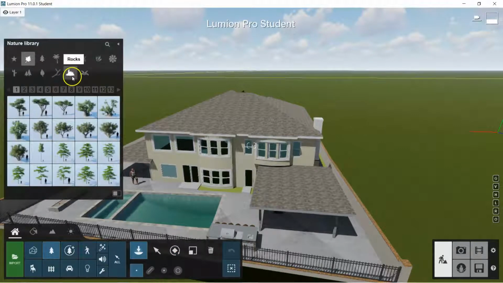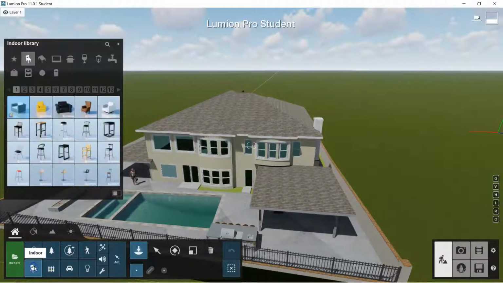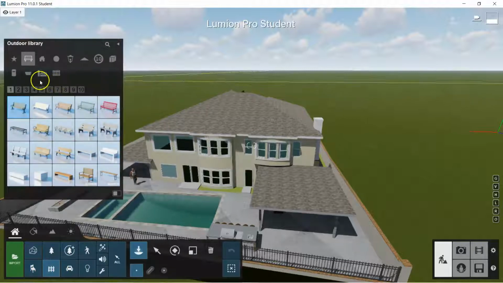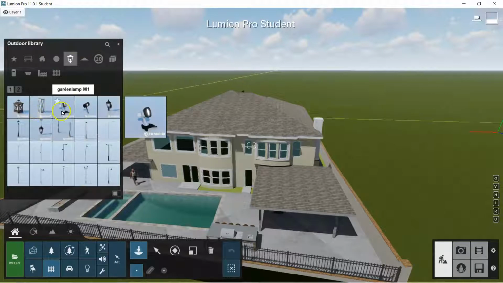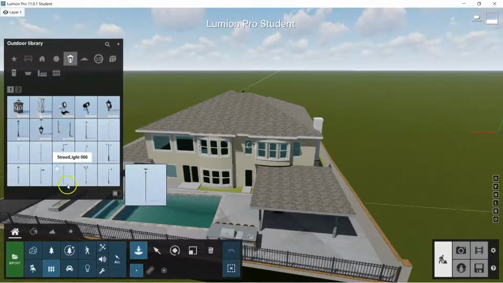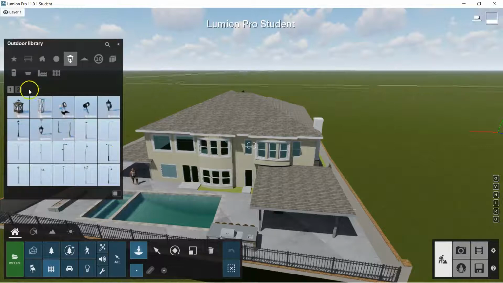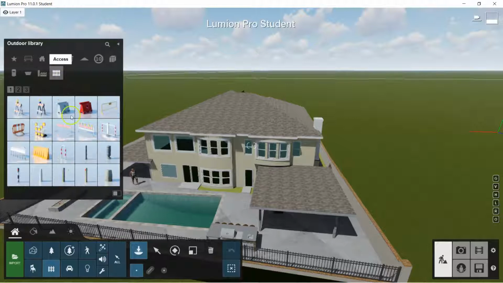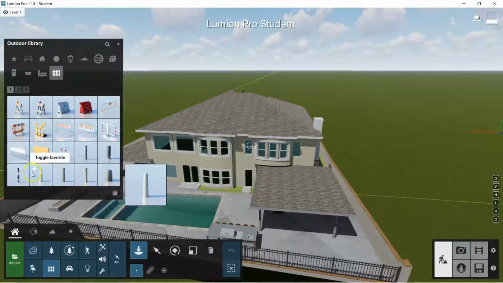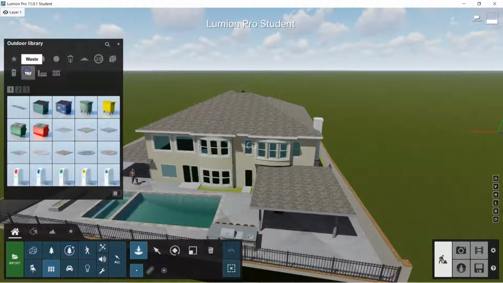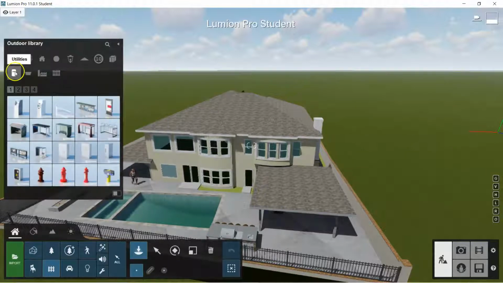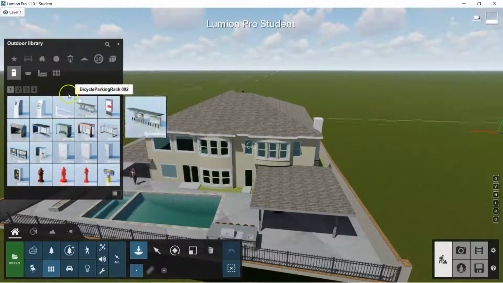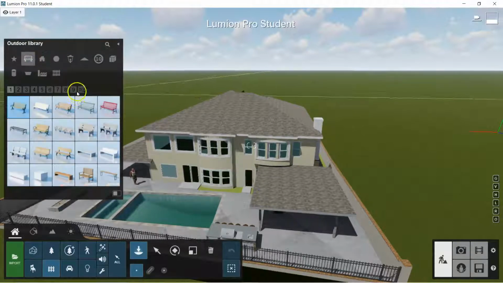Let's do nature. Let's just say, let's not do nature. Let's do outdoor. Go. You know, there's lighting and stuff like that I can add, and we can do night scenes. There's some bollards and barricades, waste receptacles, different utilities, furniture,